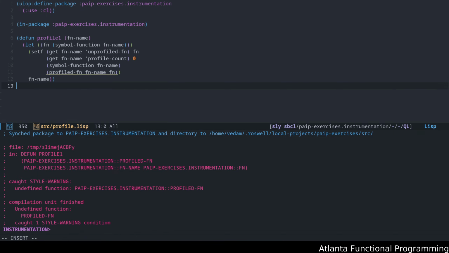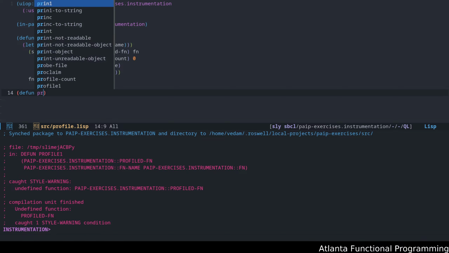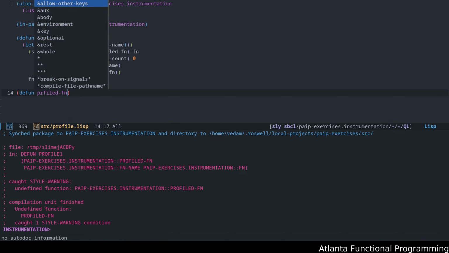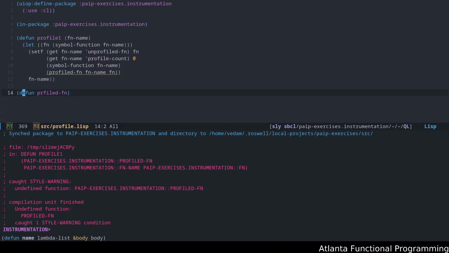All right, so let's define what profiled function is first. Give me a second here. There we go. This is going to take the profile function name and function. What this is going to do is return essentially a lambda. It's actually a closure to be more exact, that basically takes in